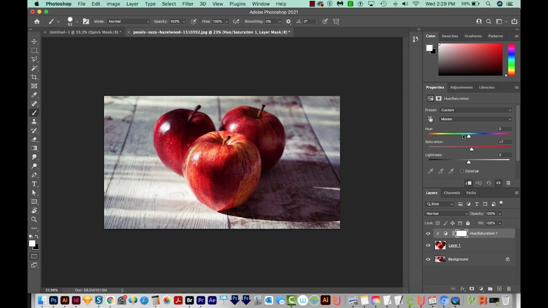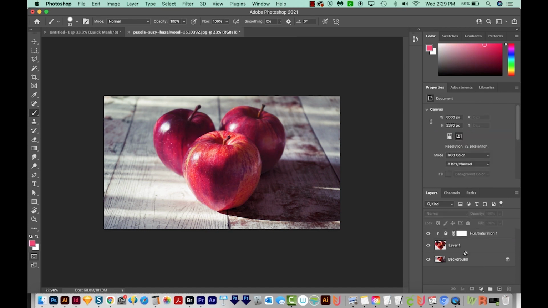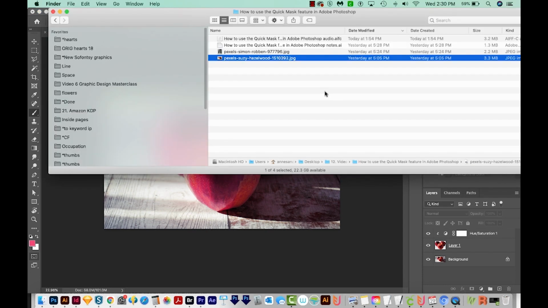So let's knock the saturation up a little bit. I'm going to knock the lightness up to, ooh, not like that. And maybe we want our apples to be a little more pink instead. Okay, that looks good. So the Quick Mask tool is really great for modifying any selection or creating a new selection. Another cool thing that it's good for is creating a fade effect, maybe to another color or something like